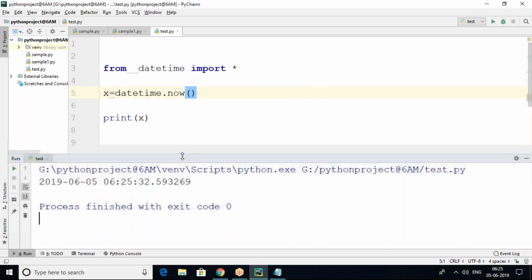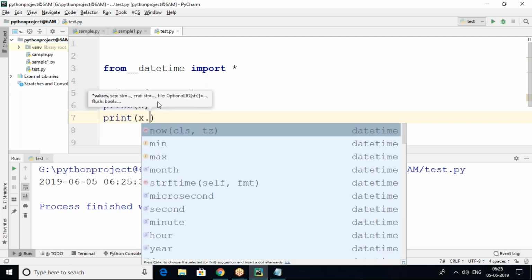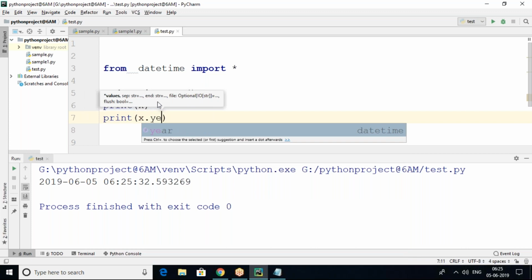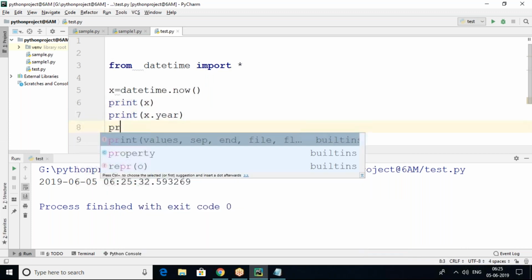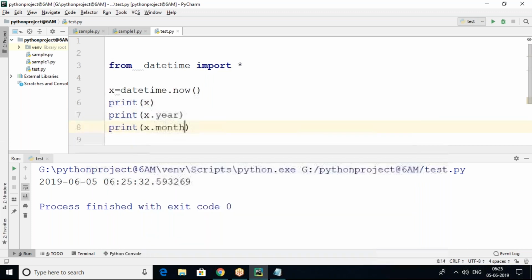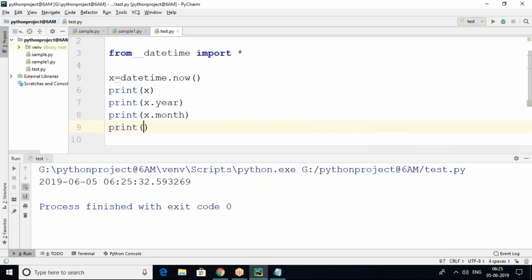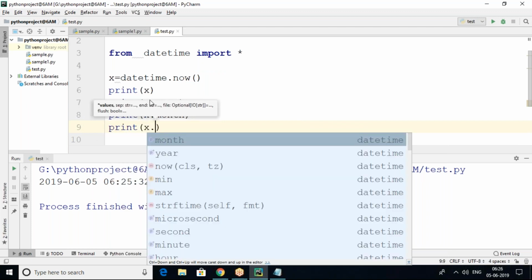Both are the same. But now we can also get date objects, only day, month, all those things. Suppose you say print x.year, I want only the year. Next print x.month, I want the month, and print x.day, I want the day.